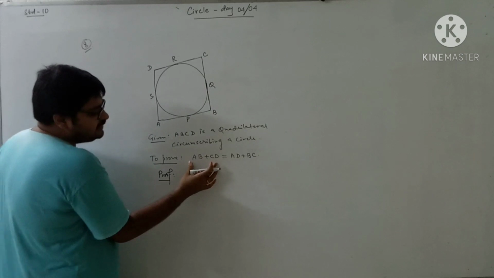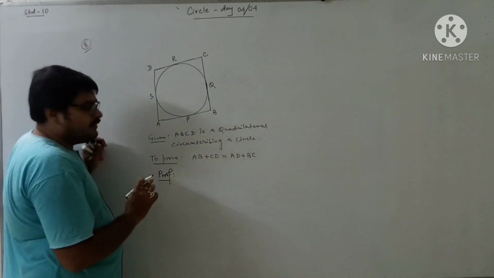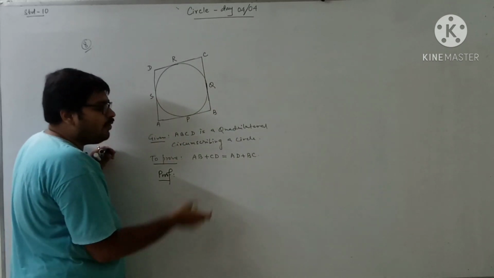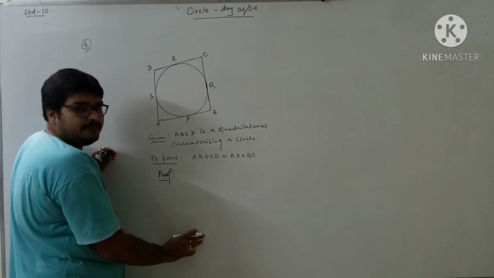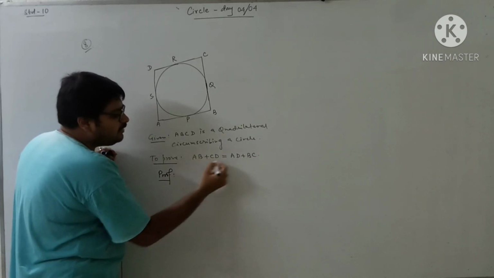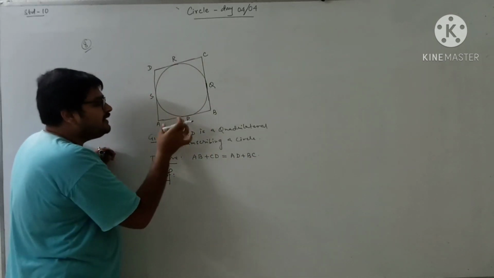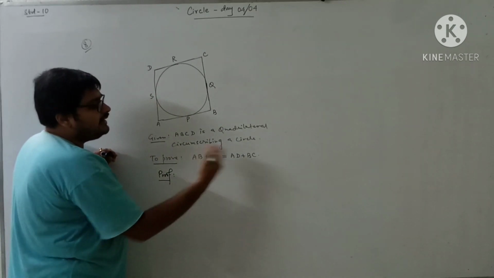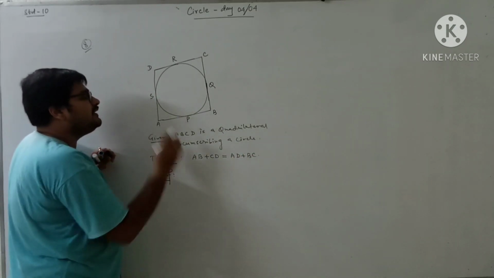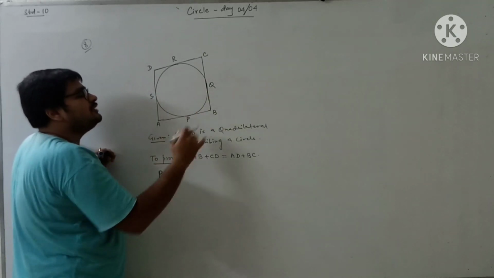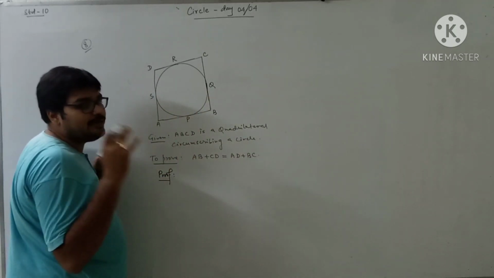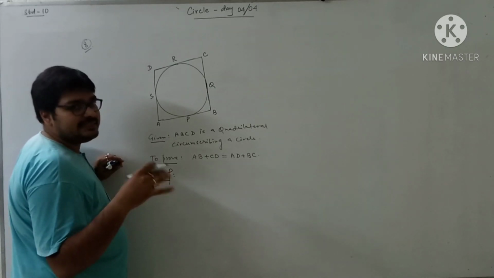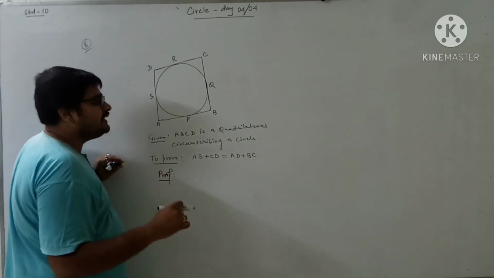On our left side, you just see AB and CD should be there. So whatever the parts of AB and CD are, we will write all those parts in the left side, because in our proof the left side contains AB and CD. And on the right side, there are AD and BC. So whatever the parts of AD and BC are, they should be written in the right side. That is the way we will write everything. As I have told, we will apply the property that tangents from an external point are equal. So we are starting with that only.